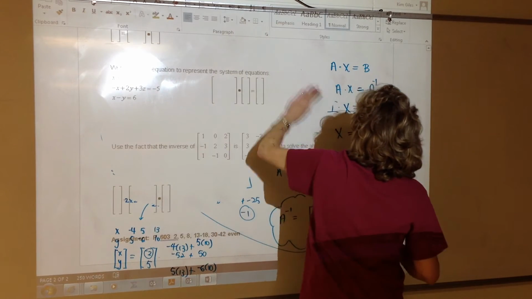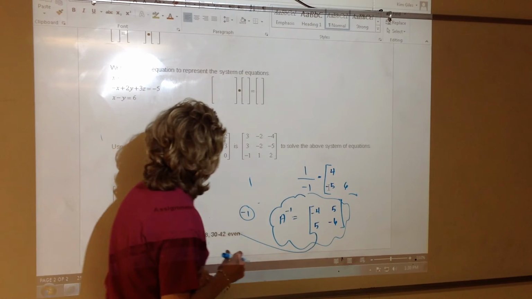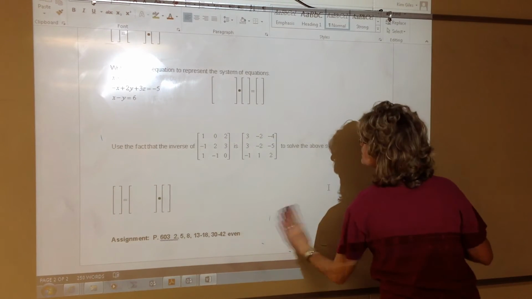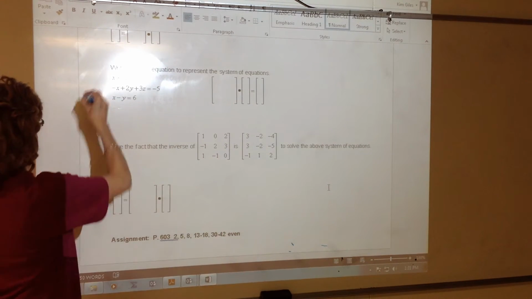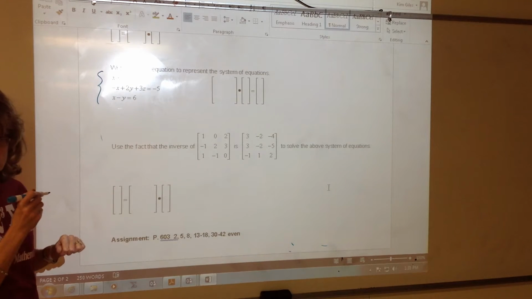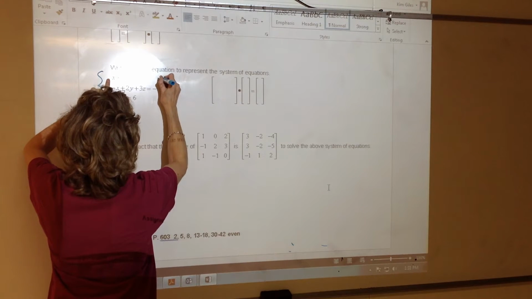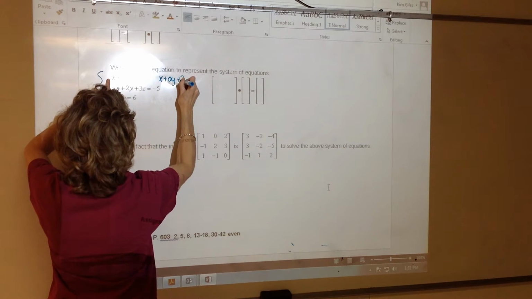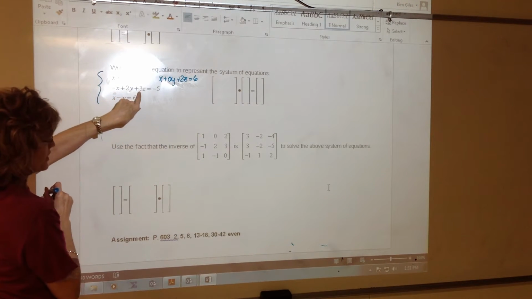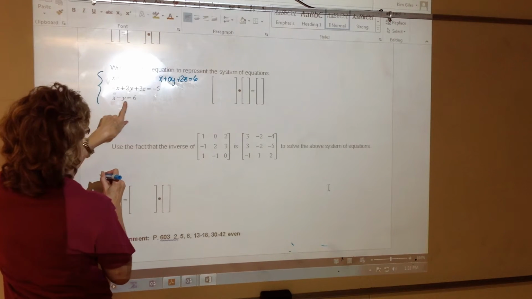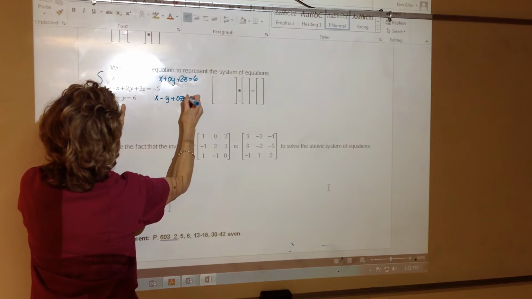So this time, we're going to solve a system of 3 equations. And the first thing you have to do is convert this normal-looking system of equations to a matrix equation. So notice there's not a y. You're going to have to think of this as x plus 0y plus 2z equals 6. Negative 1x plus 2y plus 3z, that one has everything. This one is missing a z, so you're going to think of this as x minus y plus 0z equals